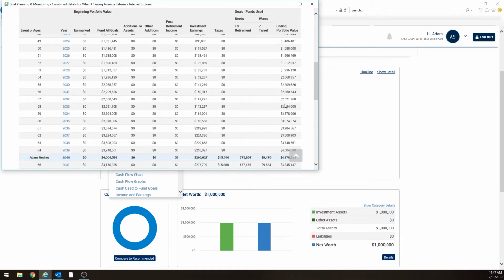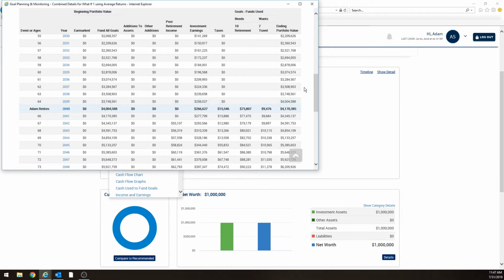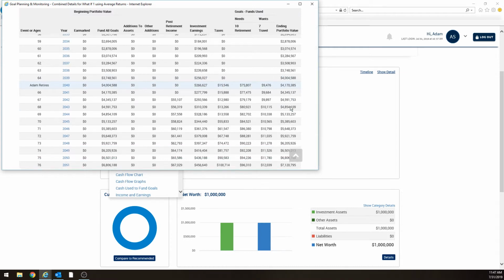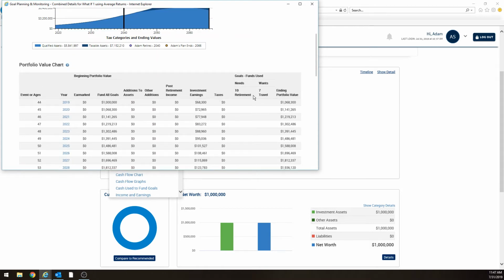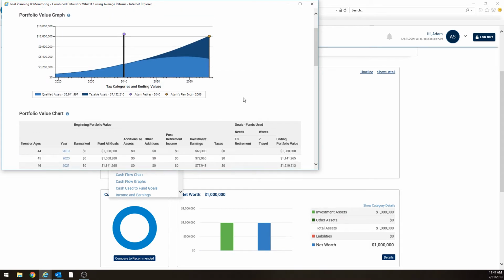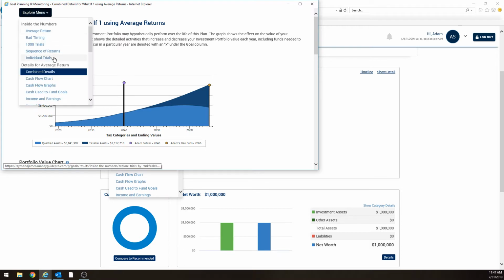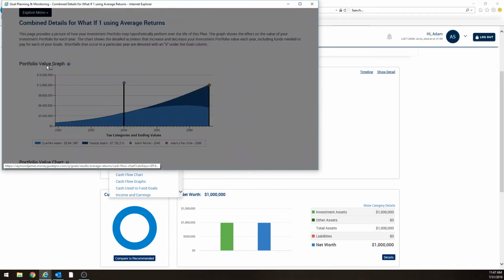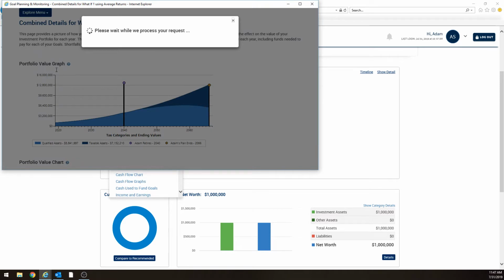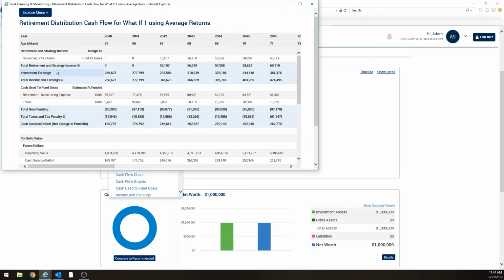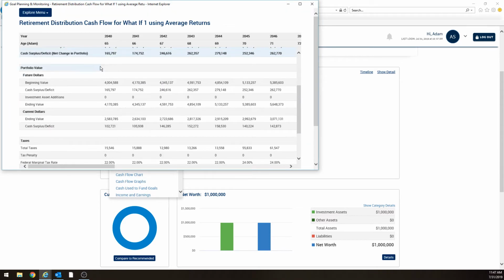And then here we see when Adam Smith retires from his economics professoring, and we get this ending portfolio value here, and then we have some introduction of goals. So generally speaking, this is more of an in-depth look at how every year breaks down. Another thing, if you go to this Explore menu and click on cash flow chart, this is a common chart that we use for people to illustrate your withdrawal rate